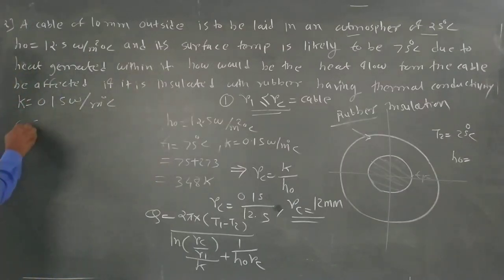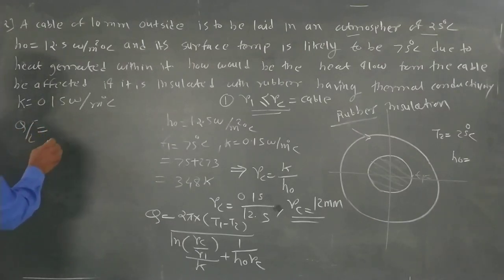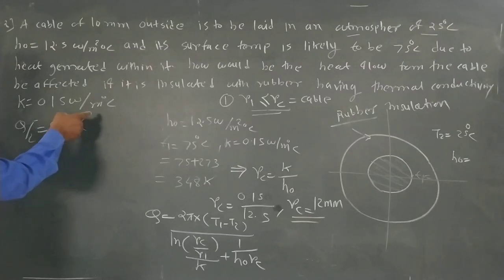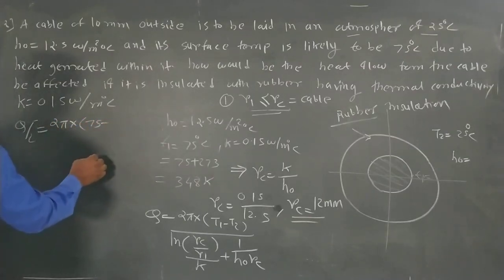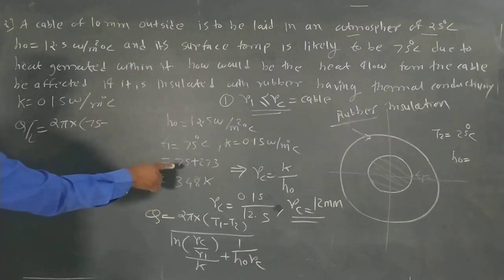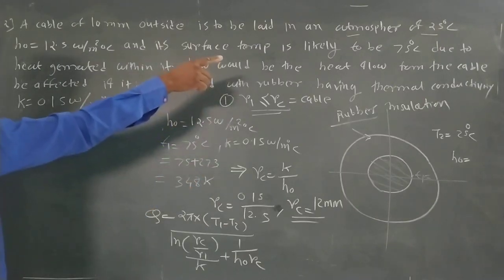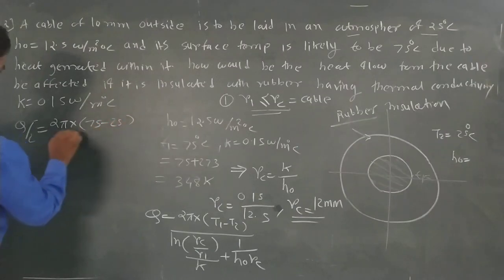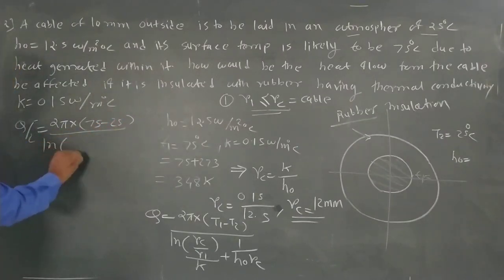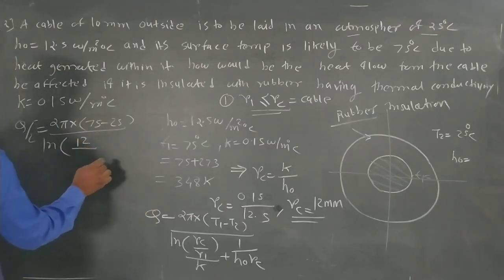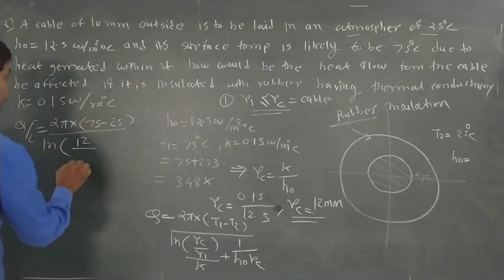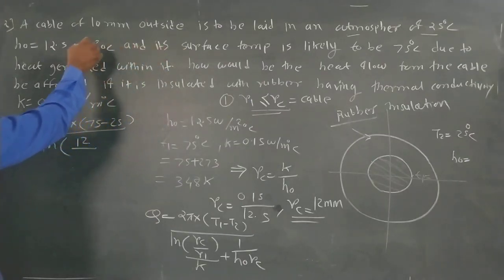What is the value of Q per unit length? 2 pi, T1 is 75 minus T2 is 25, divided by log of RC, which is 12, upon R1, which is 5